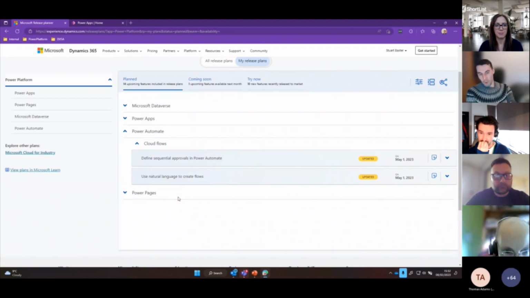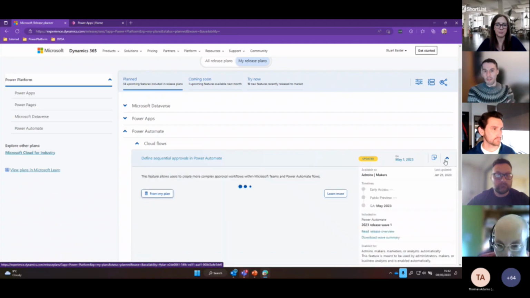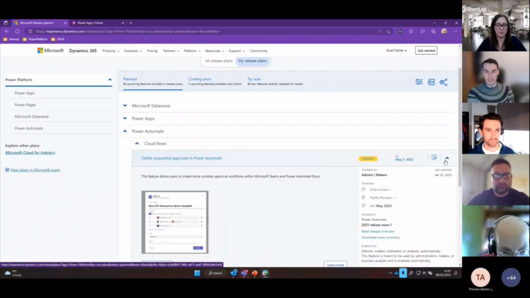Power Automate, we've spoken about natural language to create flows. All really good stuff. Another one that stood out to me was sequential approvals. So this is something you've been able to implement before with quite complex flows and a lot of effort. They're making this much simpler. So the kind of use cases I've seen with this one here, let's say,